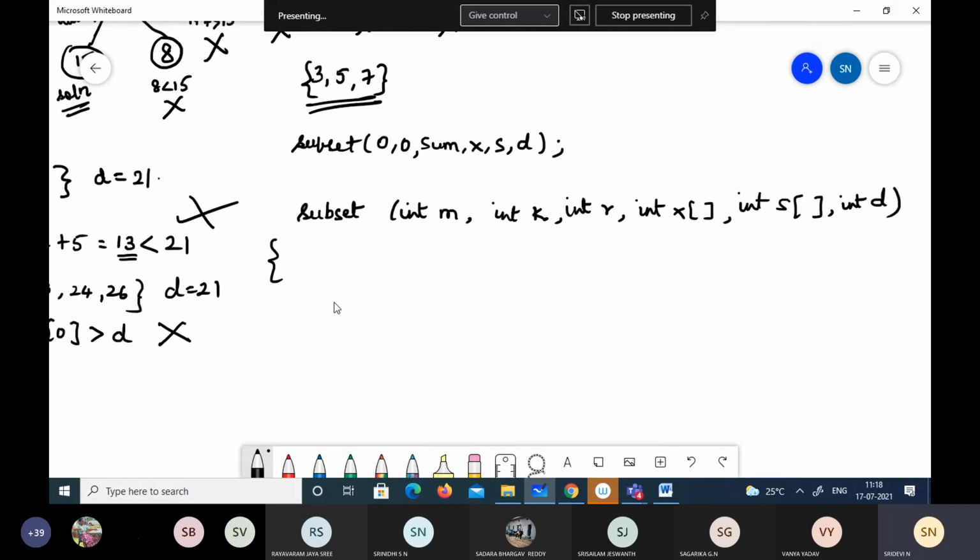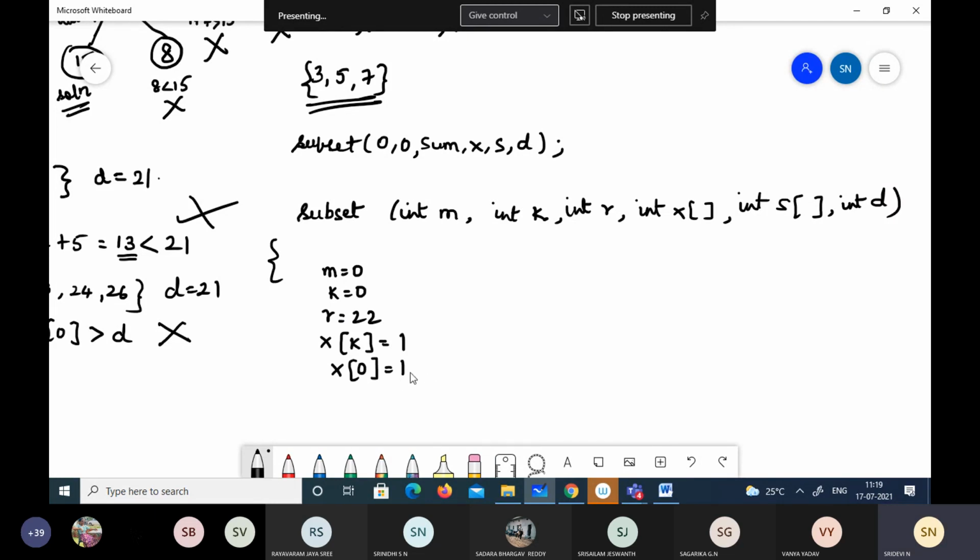So what is the value of m? M is assigned the value 0 and k value is 0. See here, m value, k value, r holds the sum which is 22, and x is an array of the solution. Right now k is equal to 1, which means x of k value is 0, that is 1.